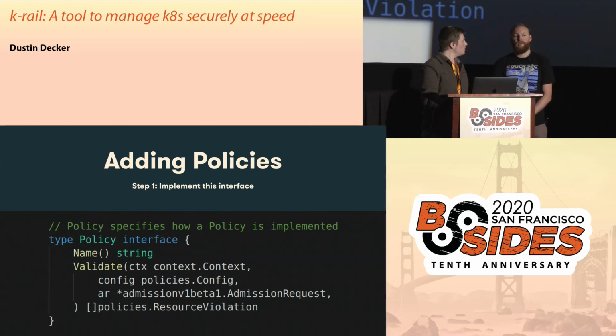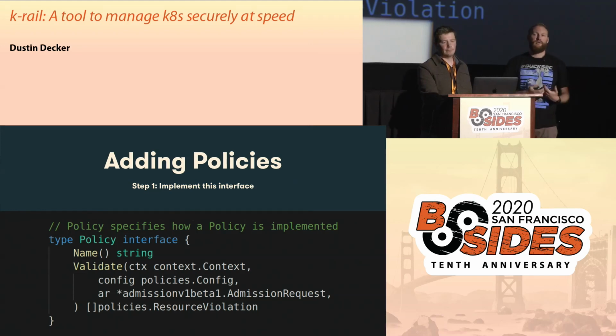But the benefit of using a Turing complete language for this is you can put in any logic you like. You could say, hey, this is a deployment after 5 p.m. on a Friday. We'll only let it in if we can also query the Domino's API and see that you've already ordered pizza to say sorry to the team, hypothetically.